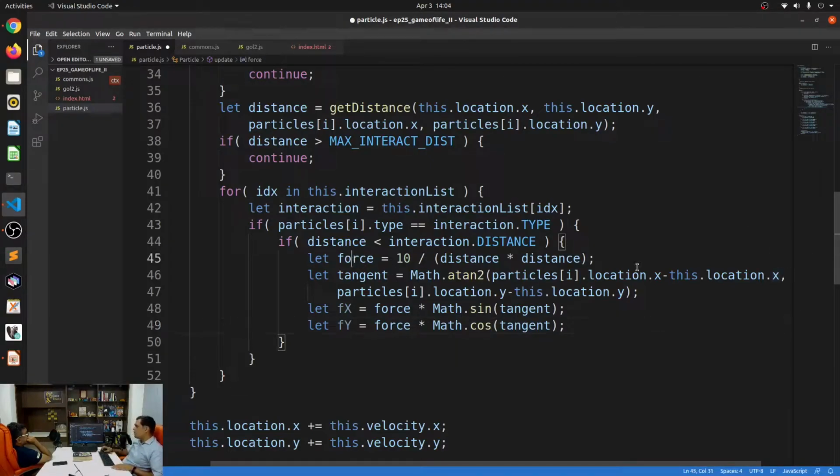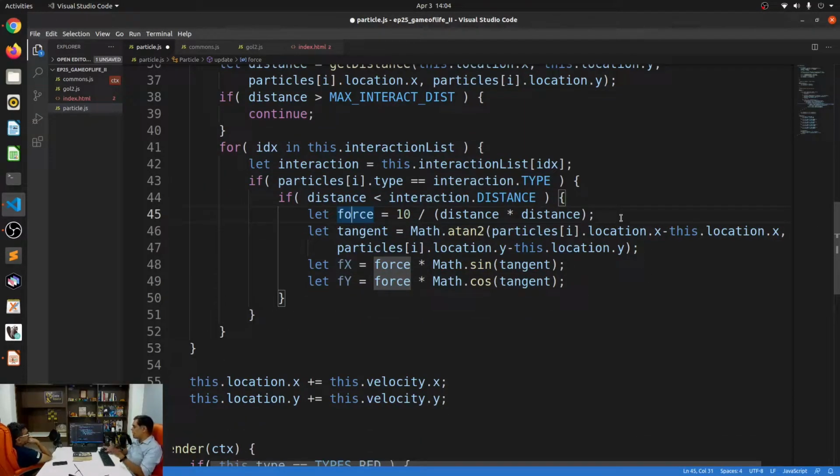Now remember, we have calculated the force and we have everything. Now this is modeled after gravity. This force is almost always attraction. Not almost always, it's always attraction. But remember, it also has to be repelling. Right. All right, and if it is repelling, it's a very simple thing for me. All I have to do is negate force.